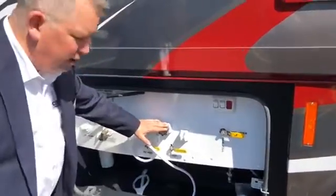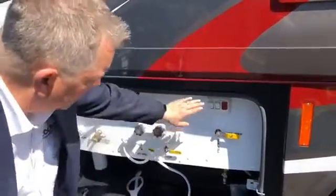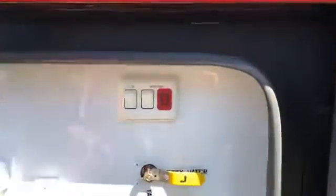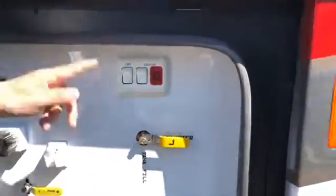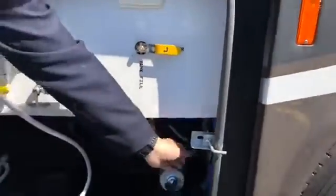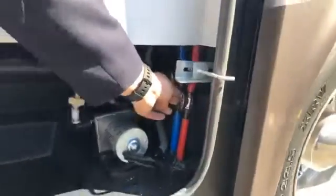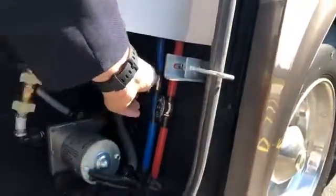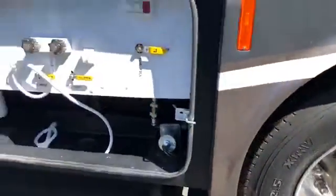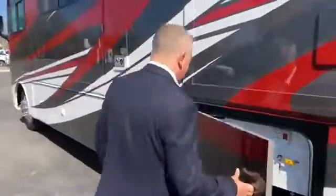outdoor shower, hot and cold. Your water pump, you can turn it on. You got a light switch here as well. And then you have your city fill or your tank fill. So if you wanted to fill your fresh water tanks, you can. Right here you have your valves to release your water tanks, your hot and your cold. This